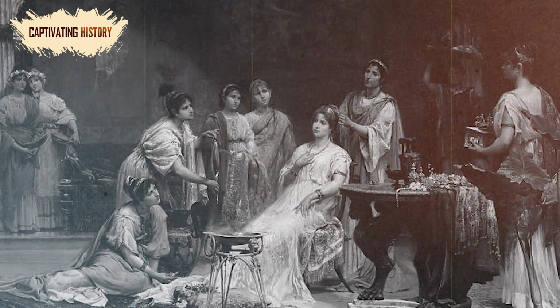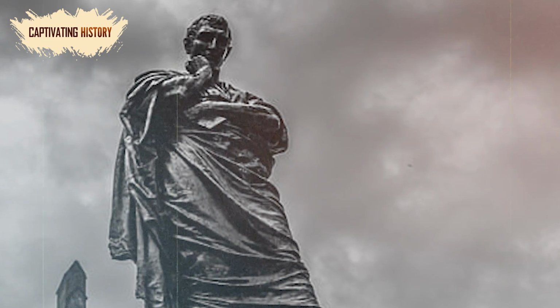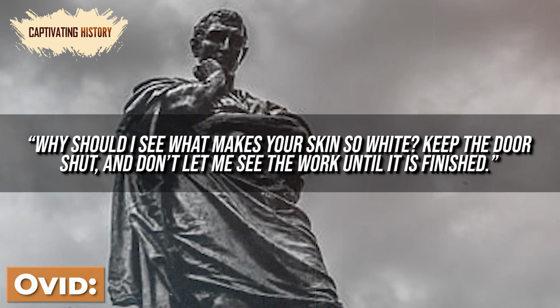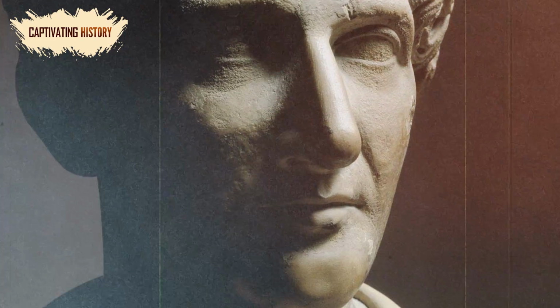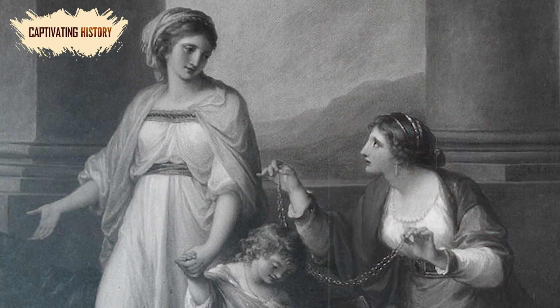This look was achieved in several ways, all a secret of Roman women. A Roman poet, Ovid, famously said, "Why should I see what makes your skin so white? Keep the door shut, and don't let me see the work until it is finished." Although Ovid did not want to know how Roman women achieved their looks, we know one way women made their